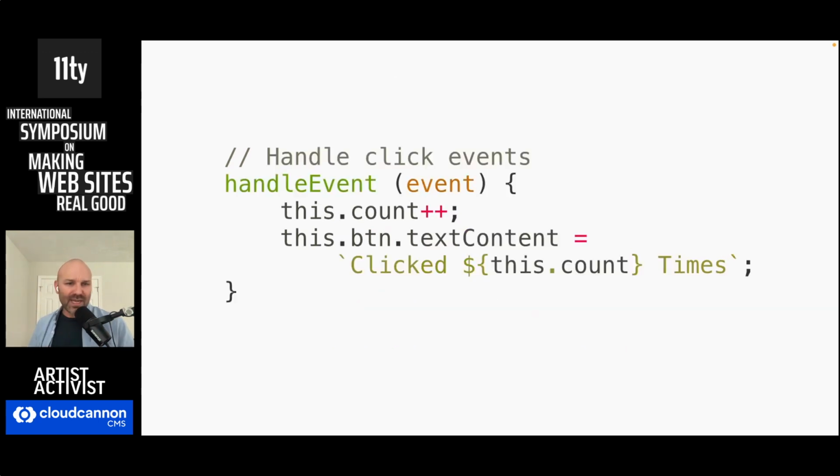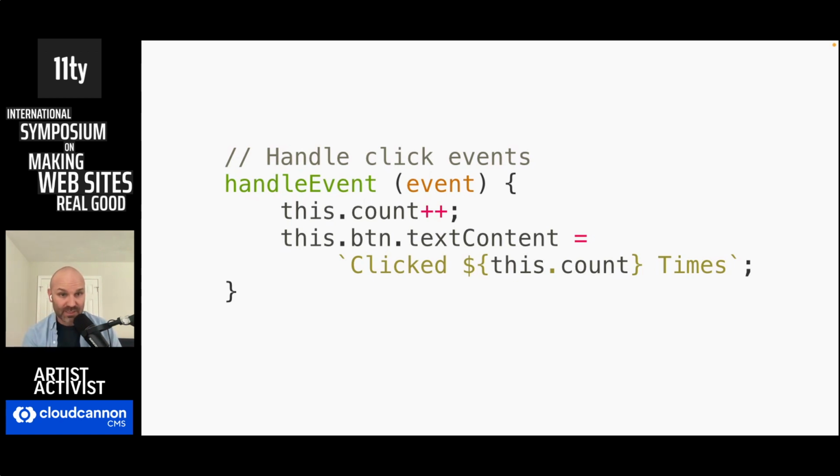Now, why would you do that instead of using a callback function? A lot of it has to do with this keyword that we talked about earlier. In a normal callback function, this keyword doesn't refer to the instance. It refers to either the element or the window object, depending on the context in which it's used. But in the handle event method, this is the instance, which means that we can access those properties like count that we need to manipulate some things, as well as if we had other methods in our class, we could run those too without having to do things like use the bind method or some weird hacks with arrow functions and timing around when we create callback functions.